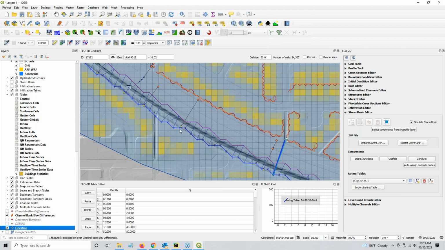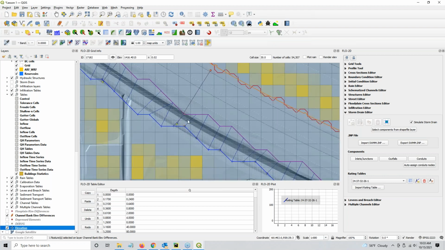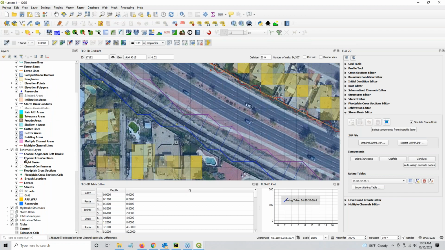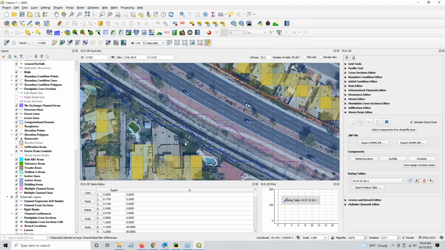Now, as long as the channel width is accurate, it's okay if these aren't perfectly aligned, because when FLO-2D runs, it will take this grid element and bring it up to the bank elevation. In this case, I don't really like the position of this one, so I might reposition it to get it in a better spot, like right here. The fix could be to just ignore it and let the model make the correction in the bank data, or you can reposition it